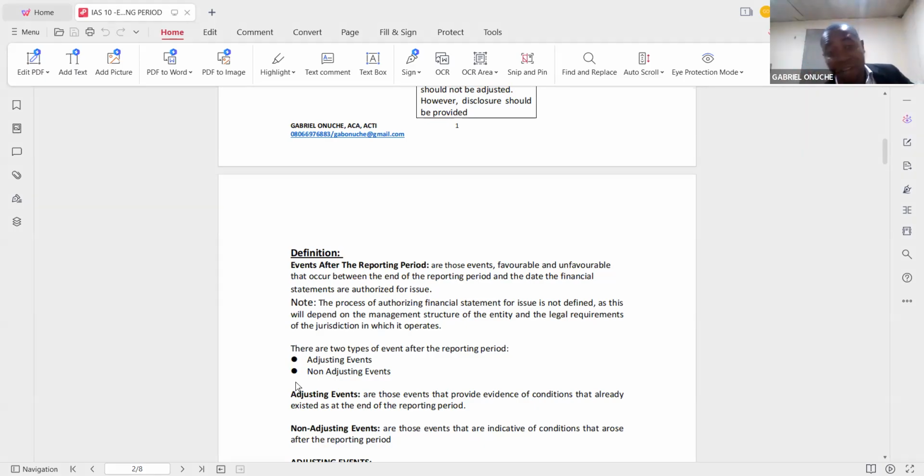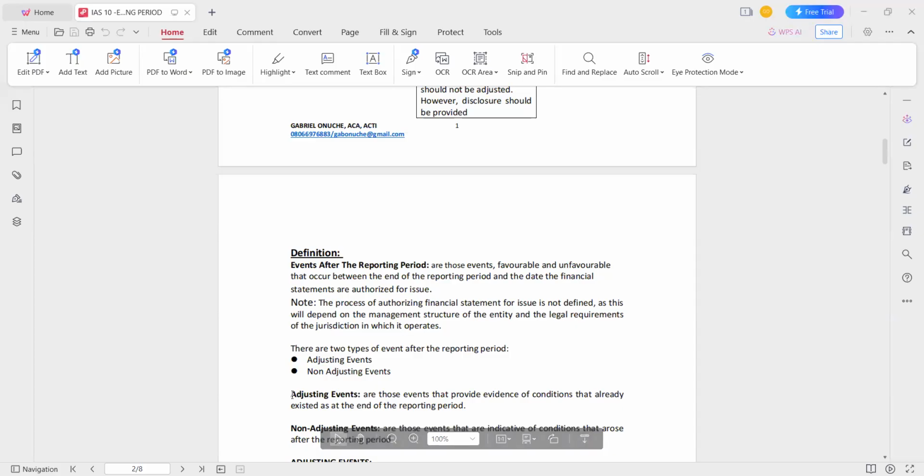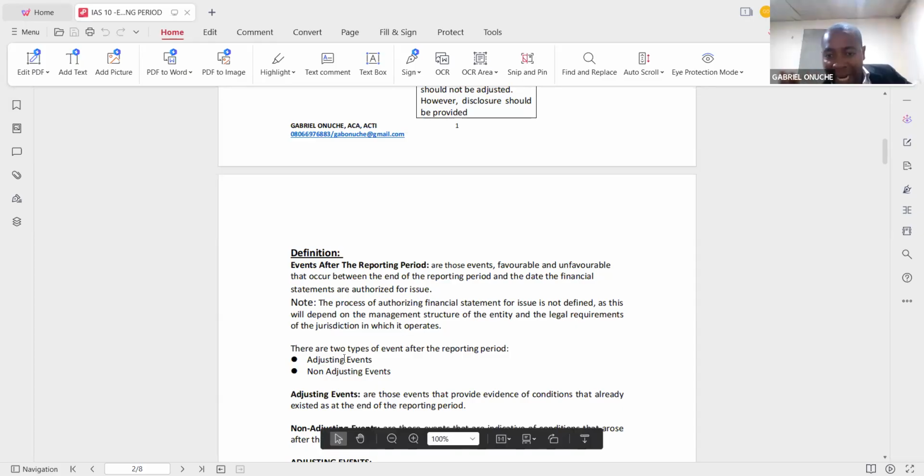In Nigeria, there are even companies that after 8 months have not completed their financial statements. If your company has not prepared its financial statements on or before 6 months, that means the accountants or the finance people in that company are not doing their job, or they are not pushing enough to ensure that the report is ready. So that is my take on that. Is that clear? Yes, sir.